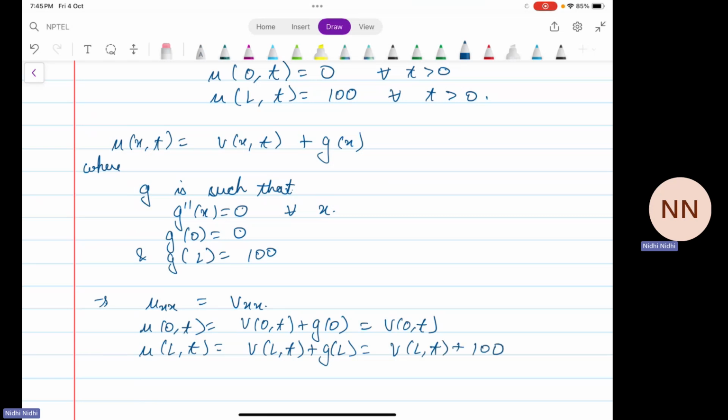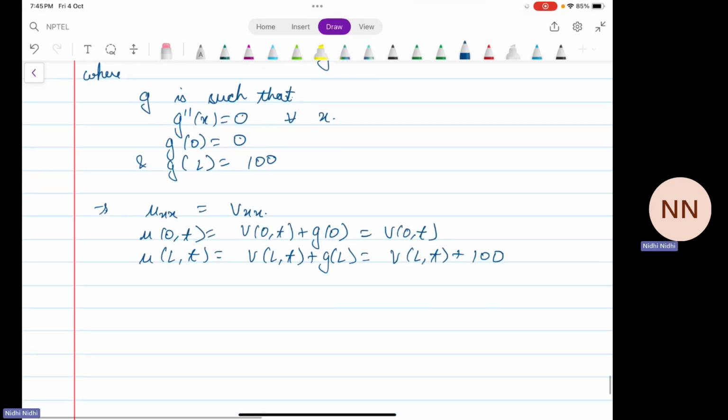Now we want u(L,t) to be 100. So if v is such that it satisfies